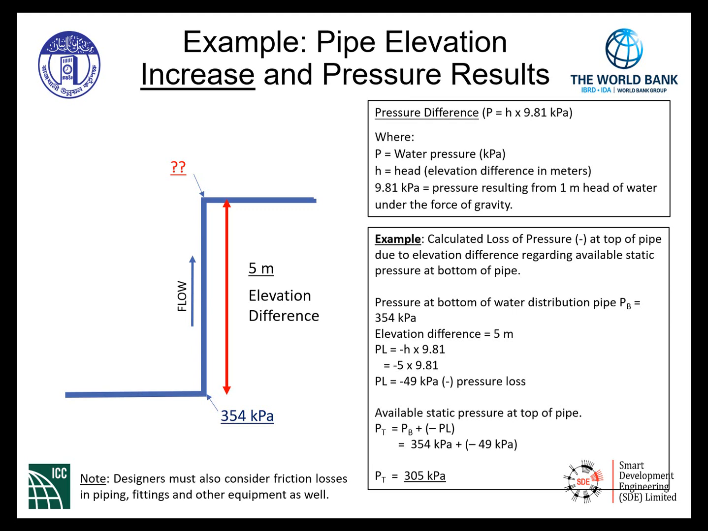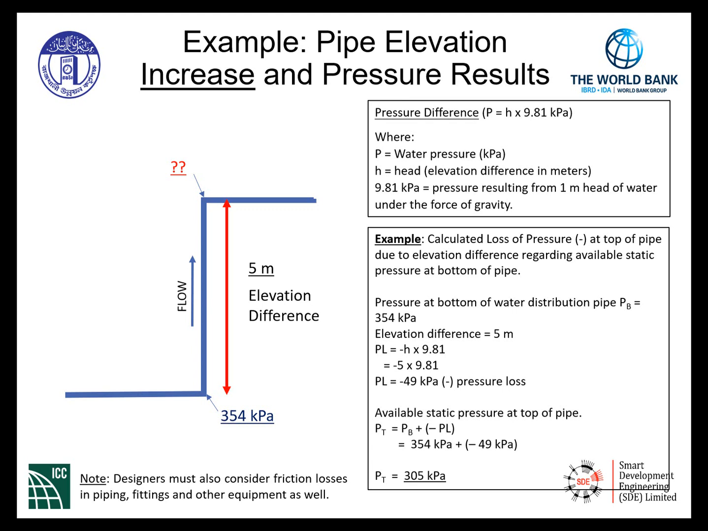Working that through, the product then becomes a pressure loss of negative 49 kPa. We then figure what the available static pressure would be at the top of the pipe. So our pressure at the top of the pipe would equal the pressure starting at the bottom of the pipe at 354 kPa minus 49 kPa. The resulting pressure at the top of the pipe would therefore be